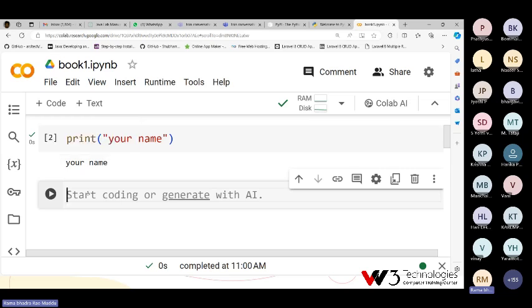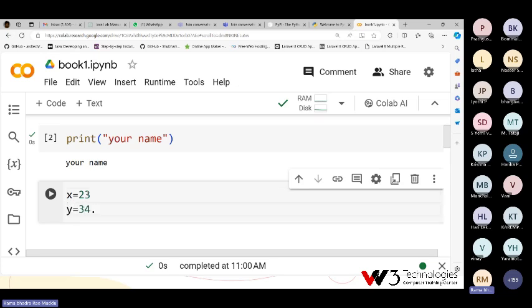For example, I want to store x equal to 23. Now x is a variable, 23 is integer type data. Y equal to 34.5. Y is a variable, 34.5 is a decimal value. Z equal to Raju. Z is a variable name, Raju is string type data.